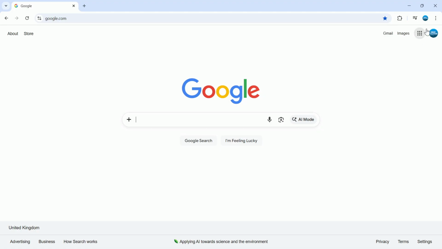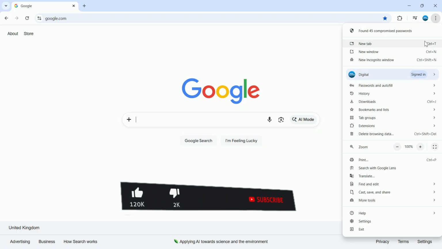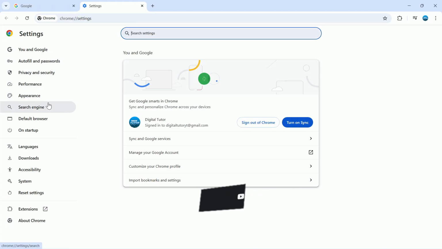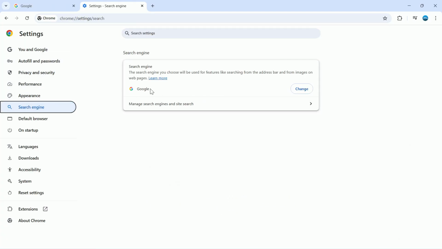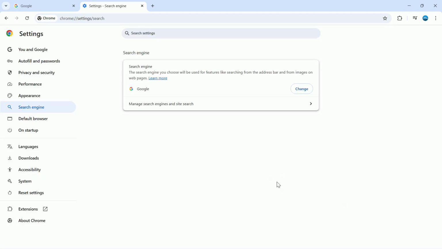So if you come up to the top right hand corner of Google Chrome, click onto the three dots to open up this menu. And from here, you want to come down and click onto settings. Now, once you've done this, come over to the menu on the left hand side, click onto search engine and make sure this is set to Google. If it's not, click on to change, make sure it's selected to Google, and then click the set as default